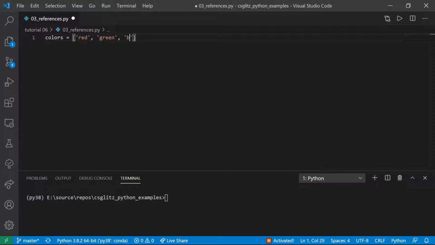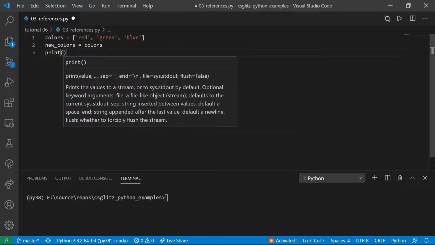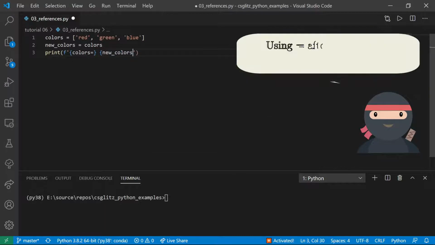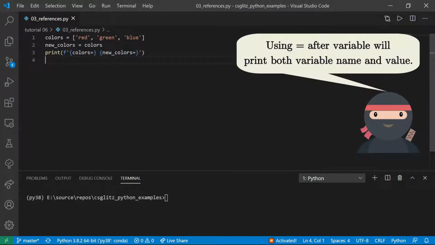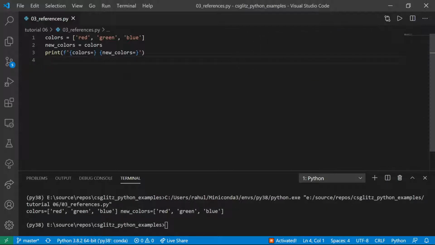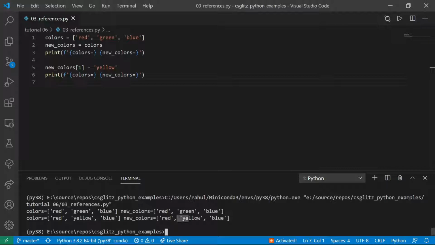Let's try to assign a list to another variable. Now let's see what happens when we try to change the value. Both have been modified.